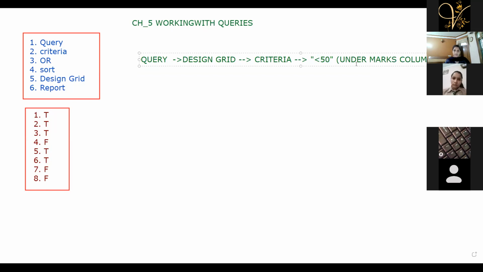Clear? The answer is clear. Just imagine you have a query where there is one marks column, and in the design criteria, under the criteria field, you will type less than 50 in the double quotes. Okay.